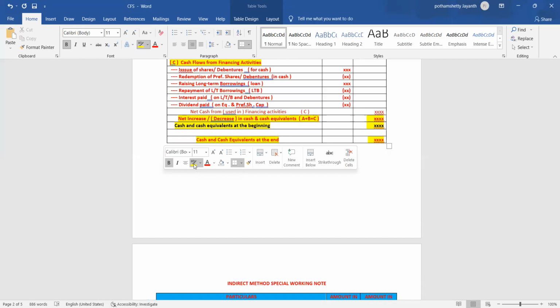Hope till here you have understood. Read the formats well. Just read the formats. Sometimes the question itself may ask you to state the format. Any doubt in this case? So here we are